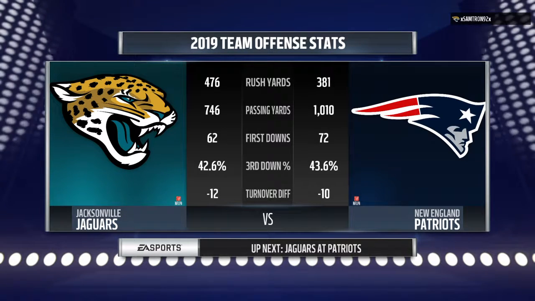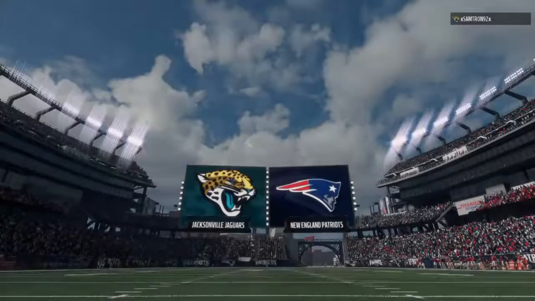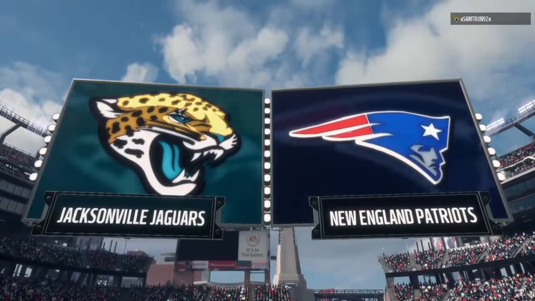Hello, everyone. I'm Larry Ridley, and you're tuned in to Madden 18 on EA Sports. Two teams will need their quarterbacks to step up and lead their offenses on the gridiron today. It's Cousins' Jaguars going up against